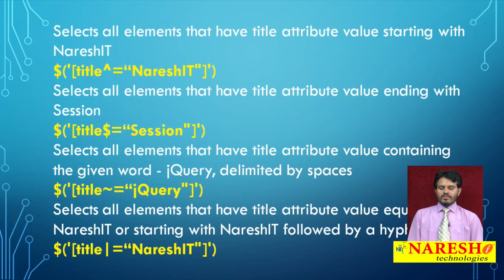Second requirement, what may occur? Select all elements that have a title attribute value ending with session. Means those elements which use the attribute title and have some value, but if the ending value is session, then only that element is going to be selected, otherwise the element is not selected. So how will you write it? Dollar of, in square bracket attribute name title, dollar equals to